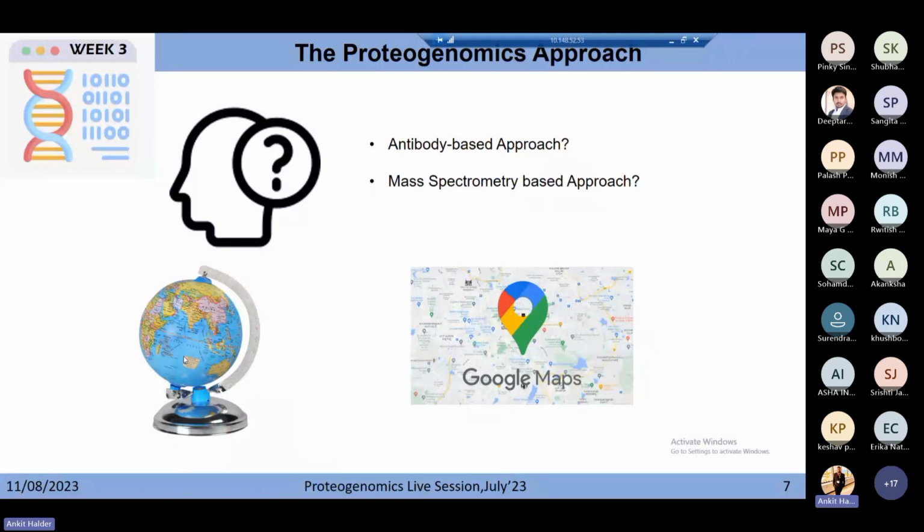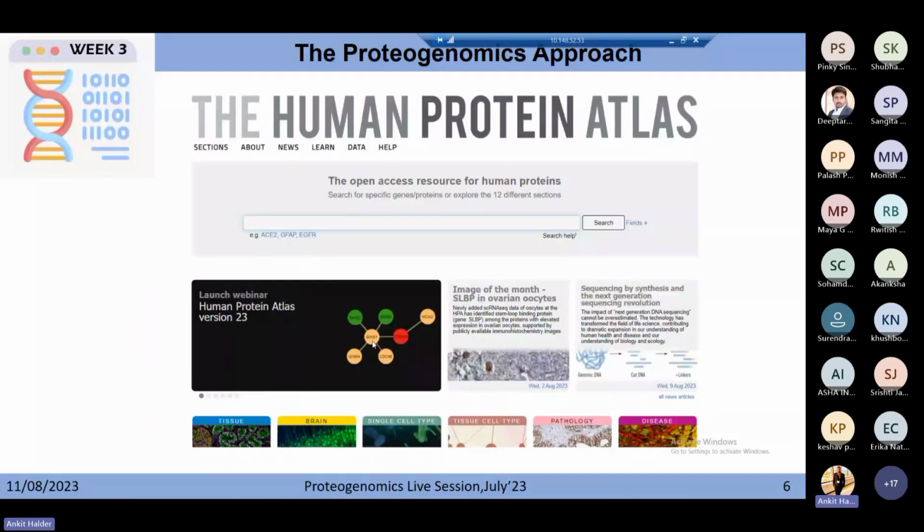Why I put this out is to draw an analogy. Your globe has been present for a variety of time, but if you just imagine, can you try to use this for navigation? No, right? You cannot take a globe and try to navigate to the different parts of the world. But with the advent of Google Maps, you can easily navigate each and every street and corner. So the resources like Human Protein Atlas, with UniProt, all coming up,